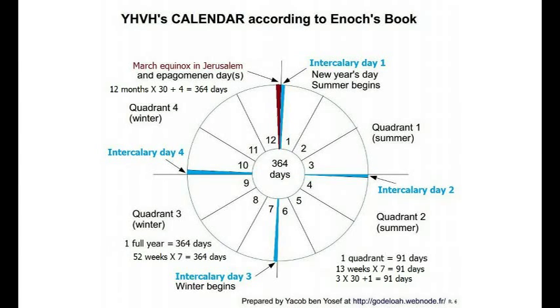The 4 intercalary days are added before the first month, that is, in the first division and the 4th portal, before the 4th month, that is, in the 2nd division and the 6th portal, before the 7th month, that is, in the 3rd division and the 3rd portal, and before the 10th month, that is, in the 4th division and the 1st portal of the full year. See